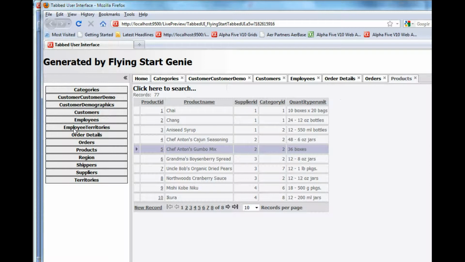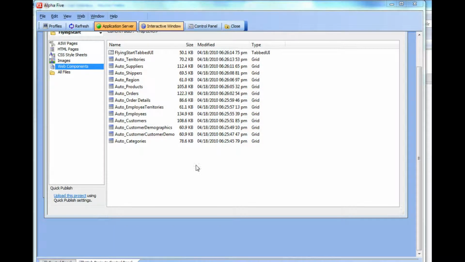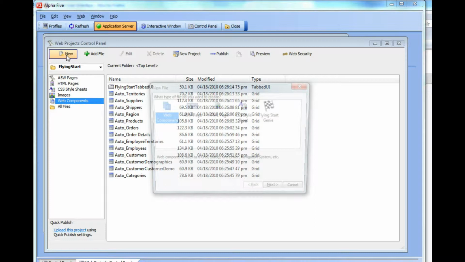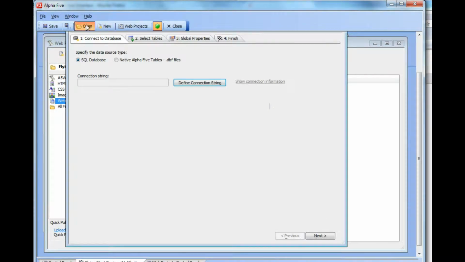But you can also add a fair amount of customization in the Genie, and then of course after the Genie has built all the components, you can then go back and edit any of the components. So let's go back now and take a look at some of the customization that we can add to the components. Okay, so now we're back at the web control panel, and you can see here are all of the components that were created. But let's go back now and say new Flying Start Genie, and this time we're going